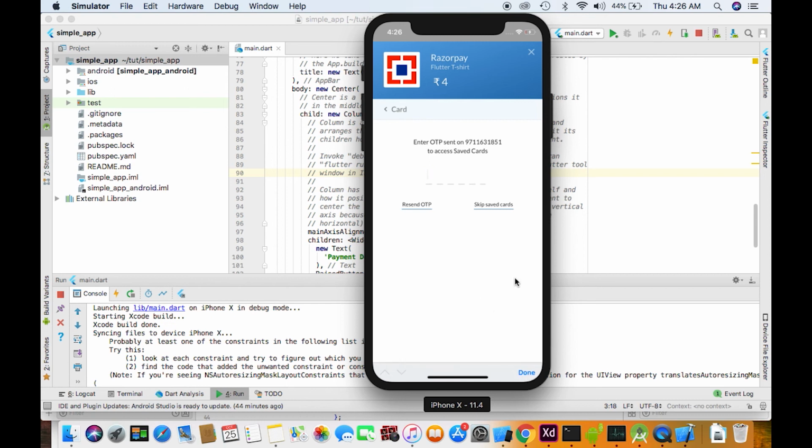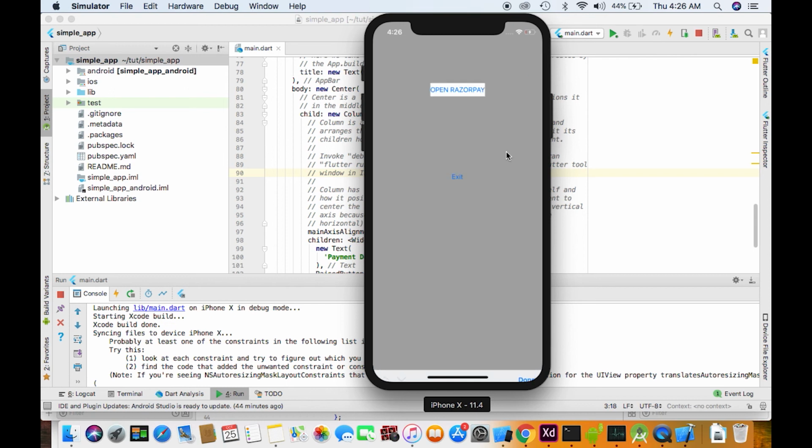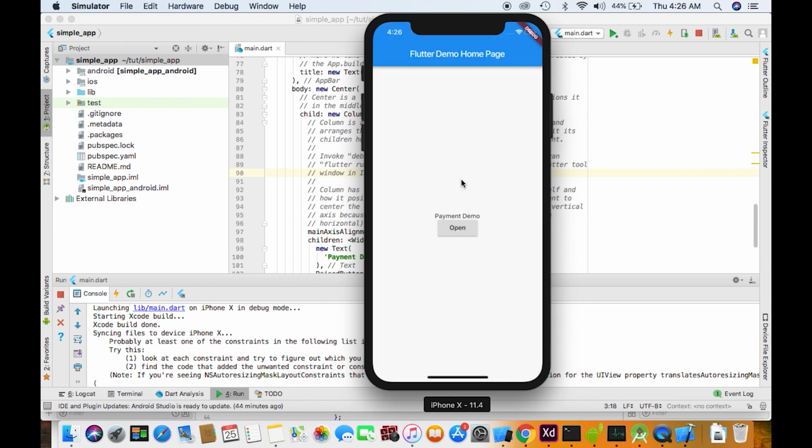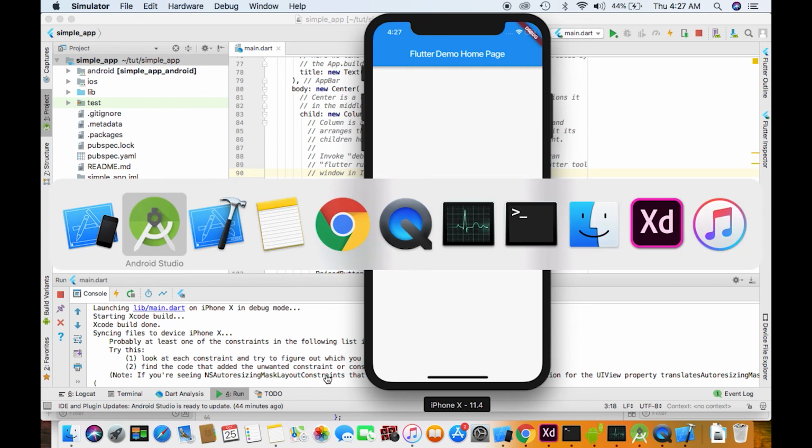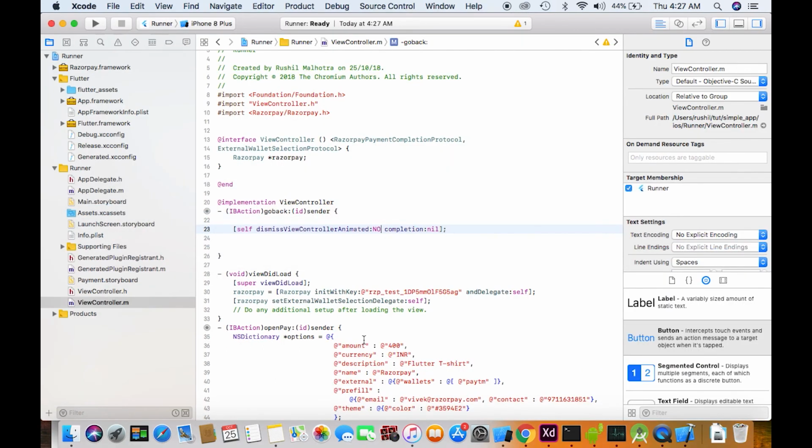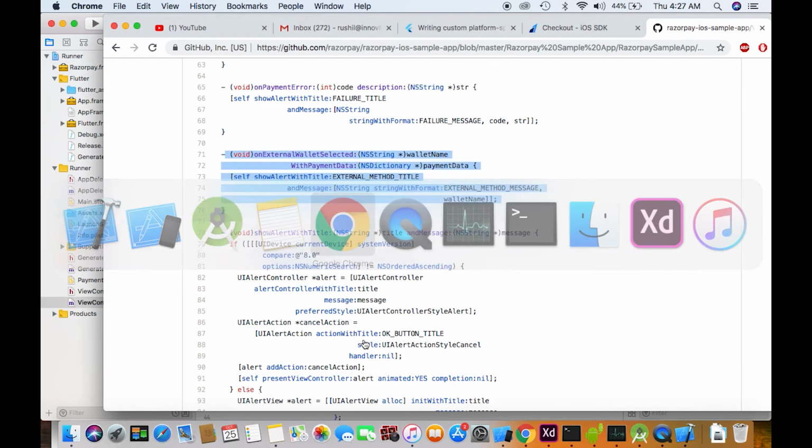Should we add the show alert dialog also? We can add it also. It just does the same thing, but it shows alerts that the payment was successful, or the payment failed, or something with the payment ID.